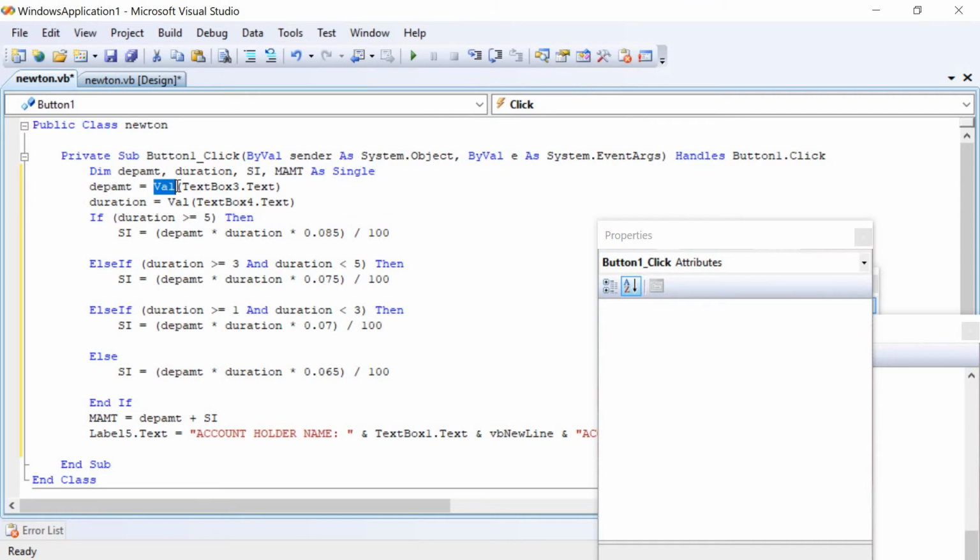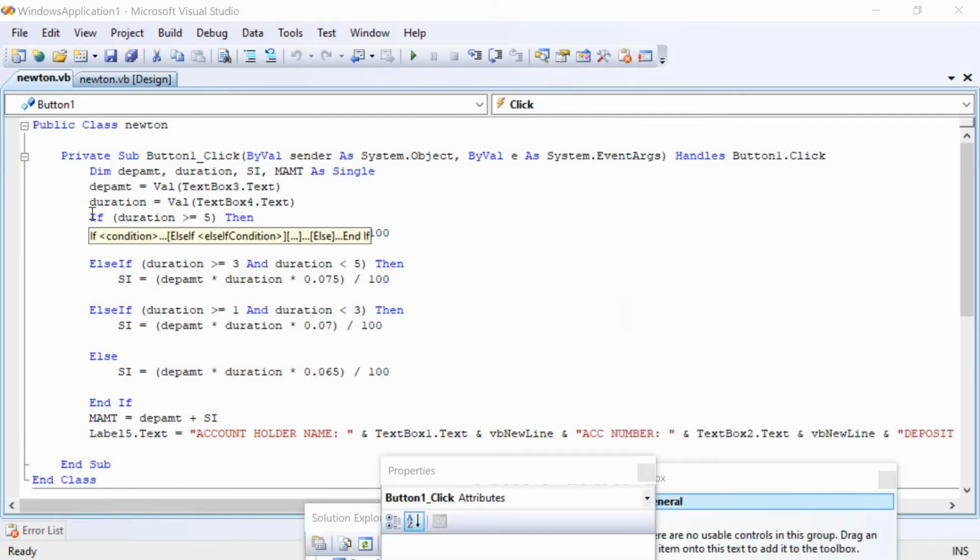Val indicates here the value, right? Once it is converted to number type, it will be stored in the variable DepAmount. In the same way, text box 4, which will take the duration, has to be converted to number type and stored in the variable Duration. Once this is done, we go for checking the conditions.